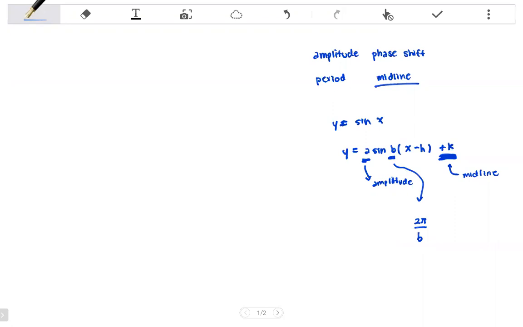So y equals sine x. There's no number before x, so it's just sine 1x, right? Sine 1x, which means that in our normal sine graph,